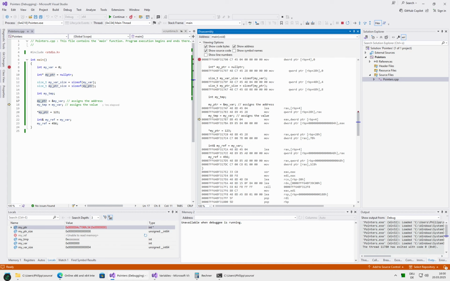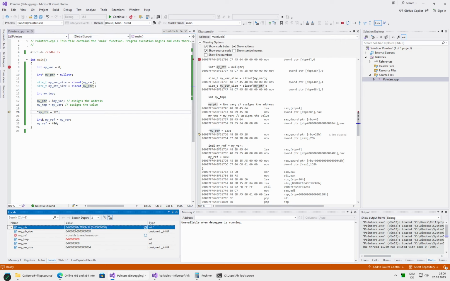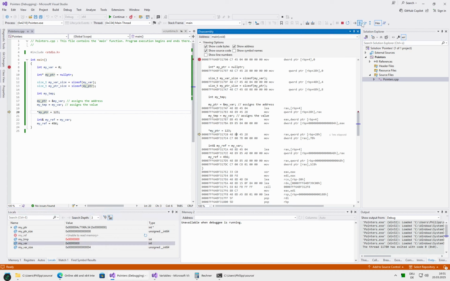Now if we proceed with our sample here, we arrive at the dereferencing line. Here we use the asterisk operator to write something to the location the pointer points to. When we step over those instructions, you will see that the pointer itself will not change, but var will change to 123. So we step once, we step twice, and we see